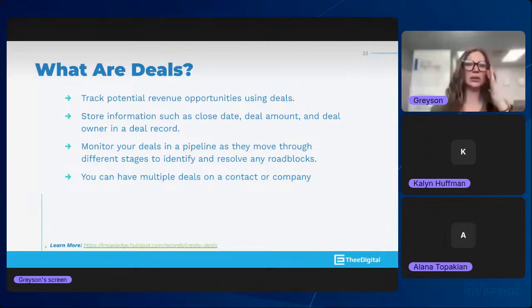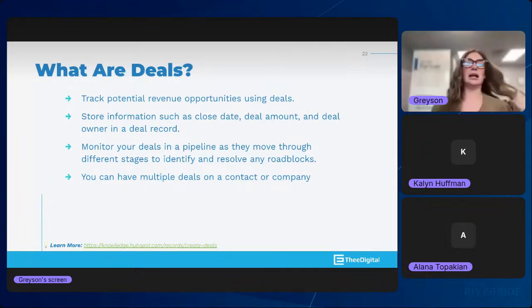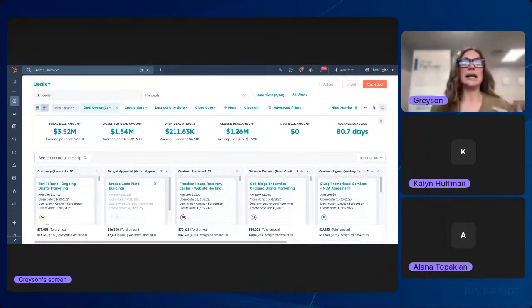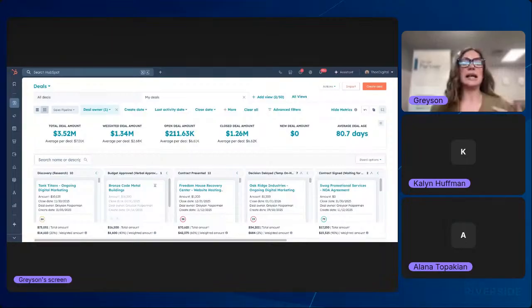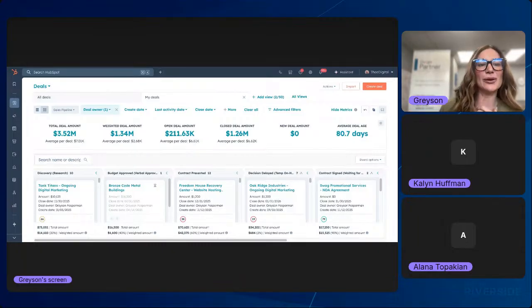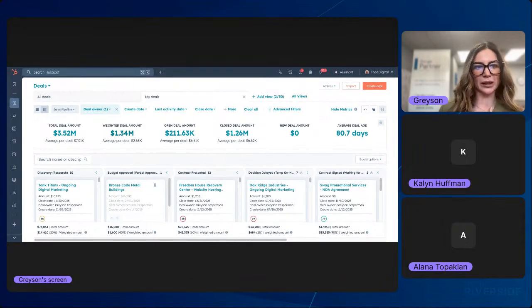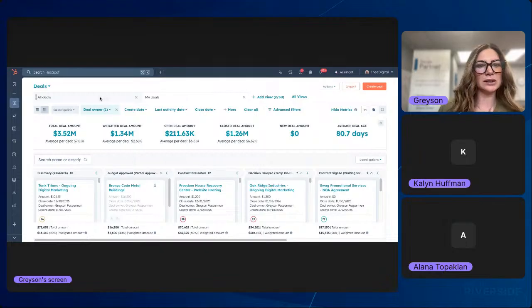And then deals. So deals are when we take a lead and it goes from a qualified lead, meaning that this prospect wants to see a proposal, they want to move forward, whatever that next step is before signing the yes. Once it goes there, we have this deals dashboard. And so when I click on all deals here,